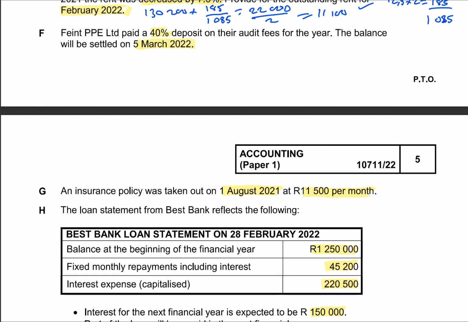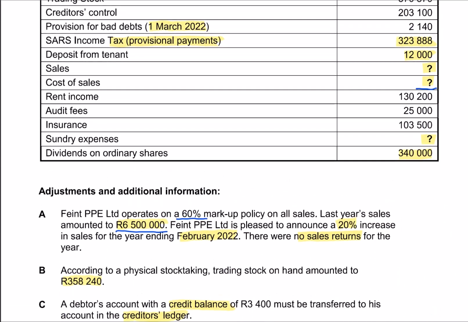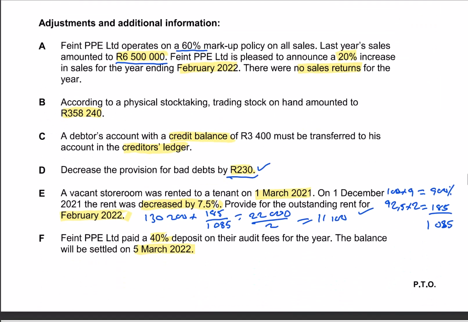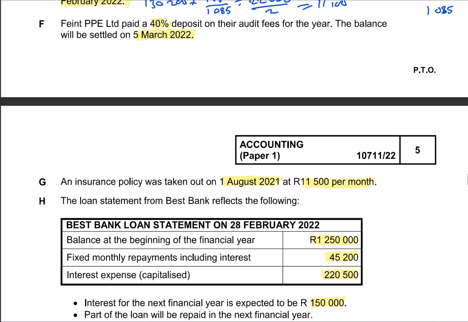So what will happen is for this insurance policy, if you come here, the total insurance that were given is 103,500. So for you to find out, if you divide this by 11,500,